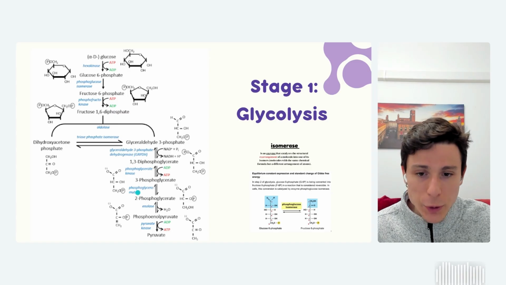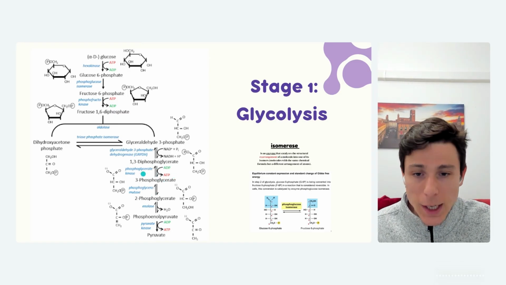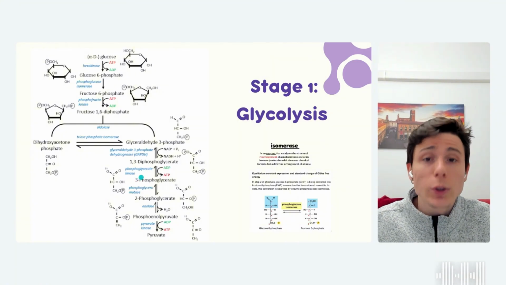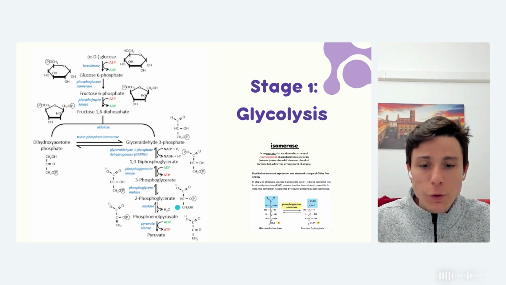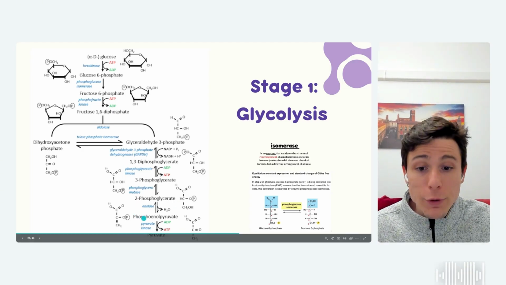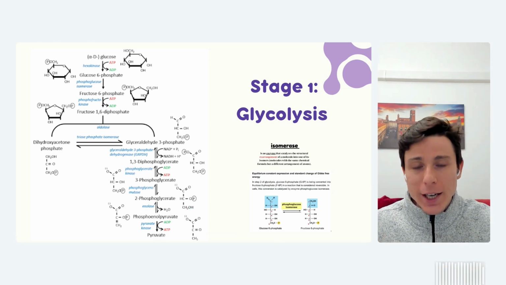Remember, from now on, we're talking about the payoff phase. So the ATP is going to start being synthesized. And once again, we have a kinase here playing this important role of passing on the phosphate. And just before we form a molecule of pyruvate, we're going to have a phosphorylation happening here. Remember the pyruvate kinase, because this is the one responsible for forming the pyruvate and also for creating another molecule of ATP.